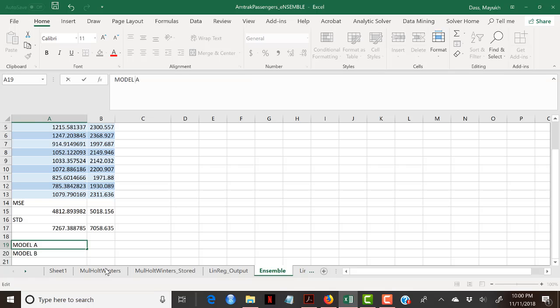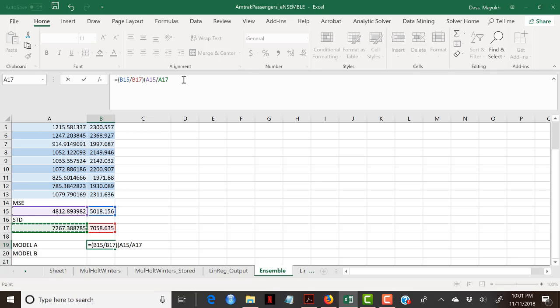The weight of model A starts with the MSE of model B divided by the standard deviation of model B. That's our numerator, divided by the MSE of model A divided by the standard deviation of model A